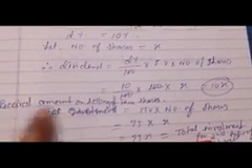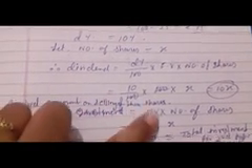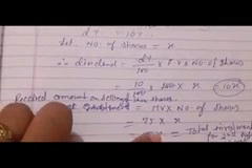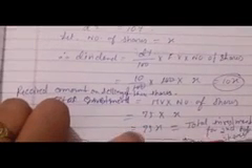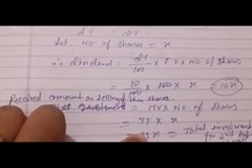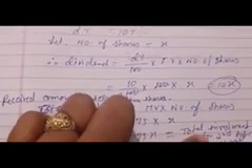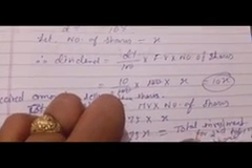So I hope it is clear. And this will be equal to the total investment for the second type of shares. I have mentioned here that he sold his first shares for 75x rupees and he invested the same money for the second shares. That's why I've written that this is equal to the total investment of the second type of shares.